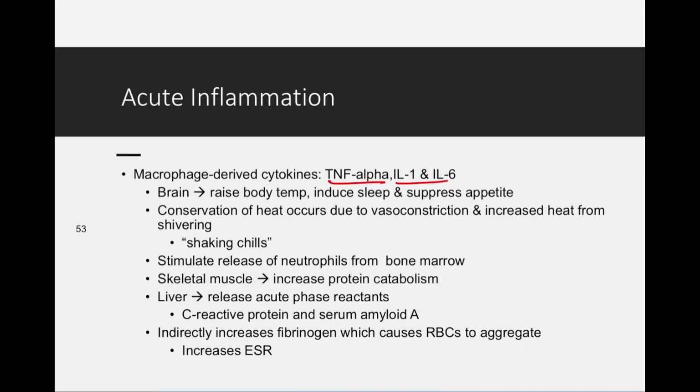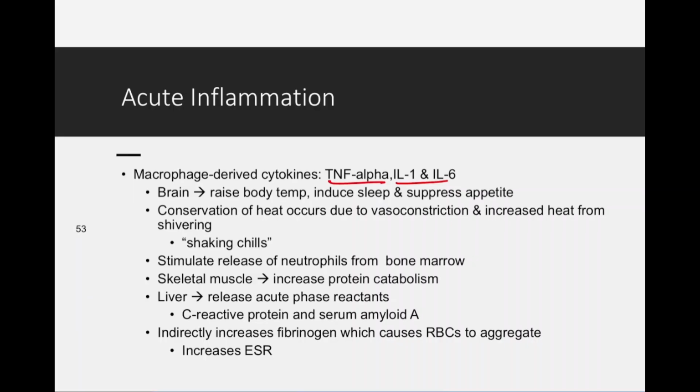They have to get through the blood-brain barrier, but they can't. However, we have certain pieces of our brain that are outside the blood-brain barrier that sense these things. It's a big, long word with four different letters: the OVLT of the hypothalamus. It senses all these cytokines, and that helps with the fever response.